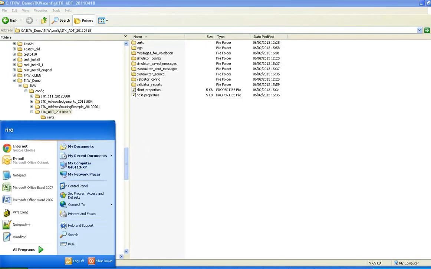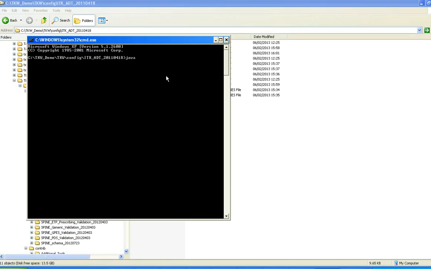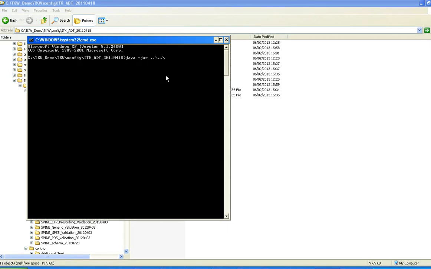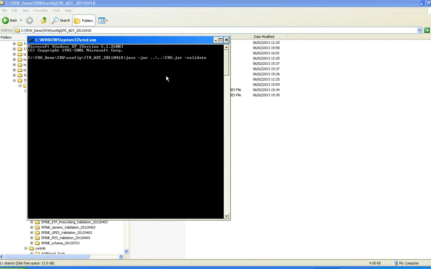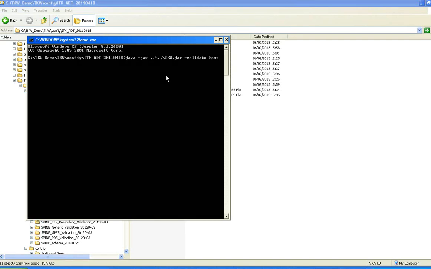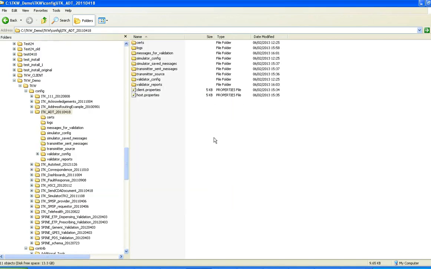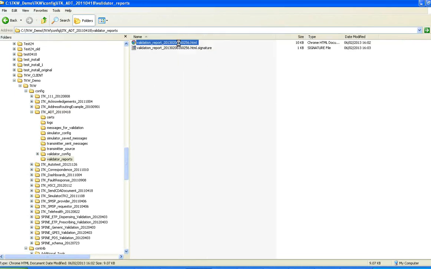So we go to the command line, start Java, use the validate mode and the host set of properties. We can now run the validation. It's completed, and if we look in the validator reports, we'll be able to see there that we've got one report. If we open up that report,